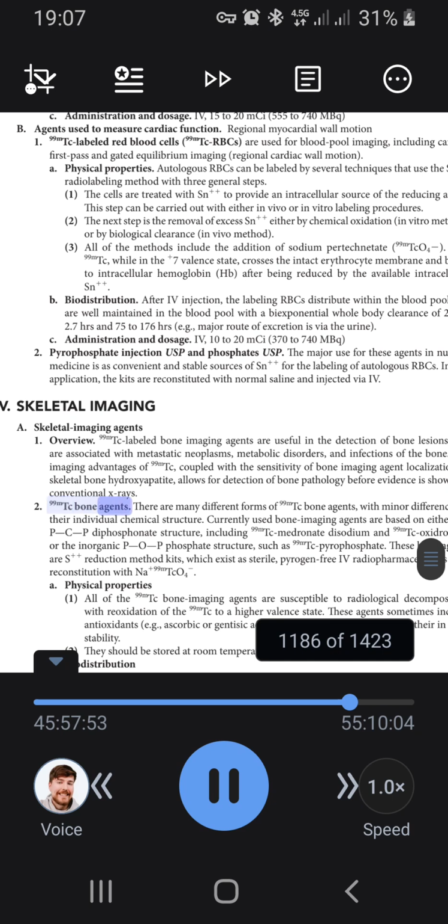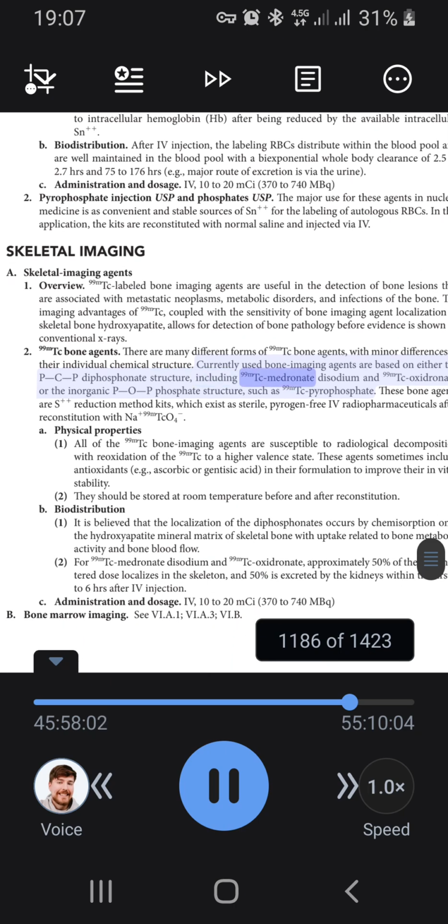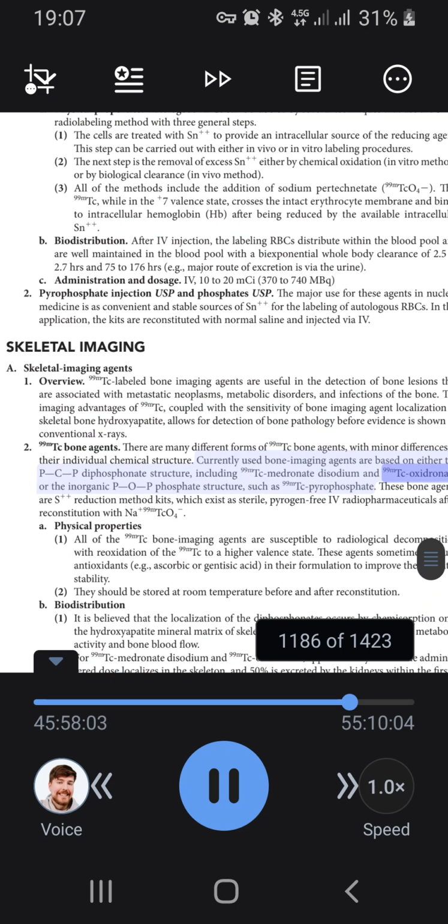99mTc bone agents. There are many different forms of 99mTc bone agents, with minor differences in their individual chemical structure. Currently used bone imaging agents are based on either the P-C-P diphosphonate structure, including 99mTc medronate disodium and 99mTc oxidronate, or the inorganic P-O-P phosphate structure, such as 99mTc pyrophosphate. These bone agents are stannous reduction method kits, which exist as sterile, pyrogen-free IV radiopharmaceuticals after reconstitution with